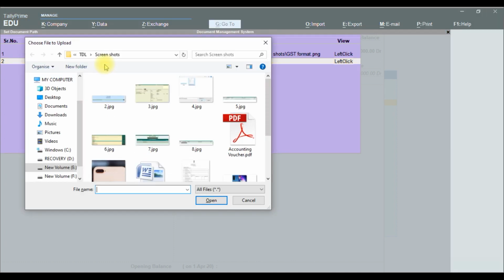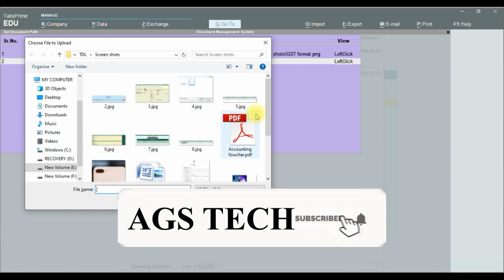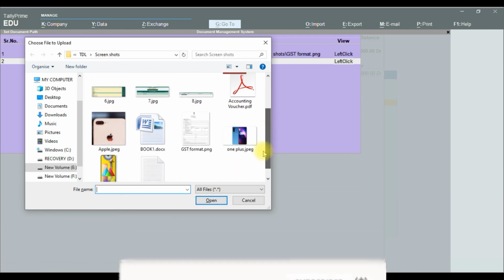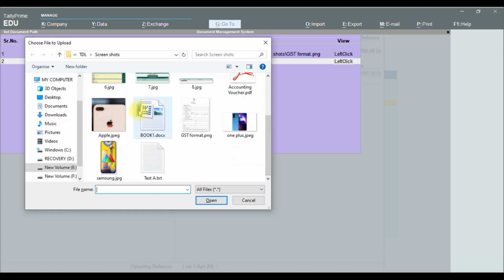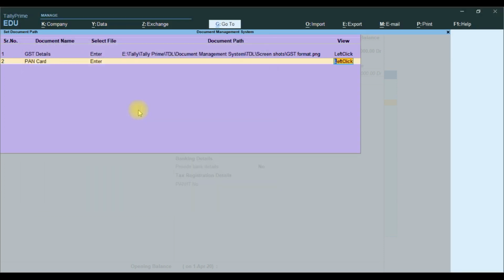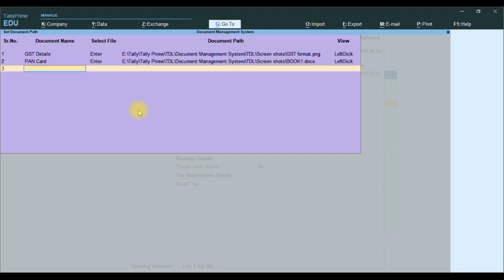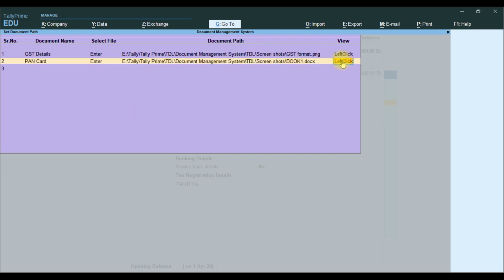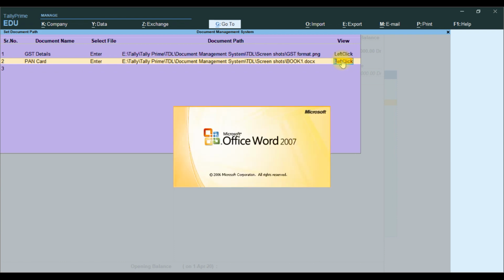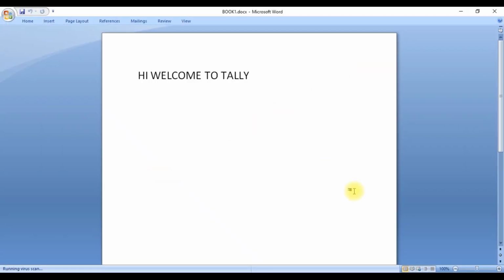If you have any drive or any external hard disk, you attach that hard disk and select that particular file, it will be taken. Then we select another file, PAN. We select a Word document. If you want to show the file, you click, and the Word file is open.